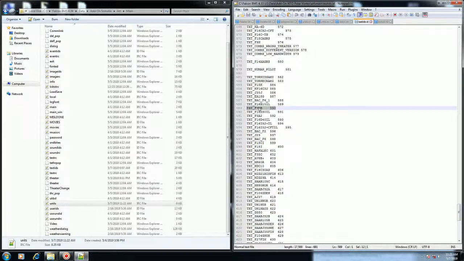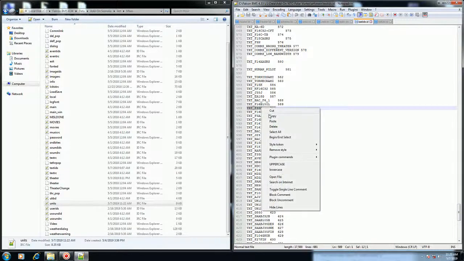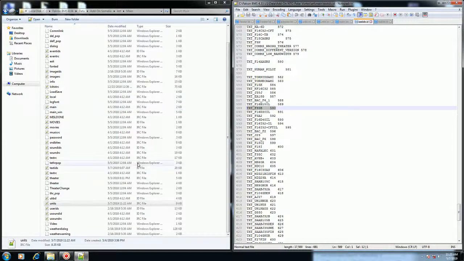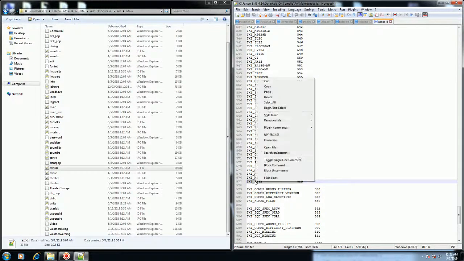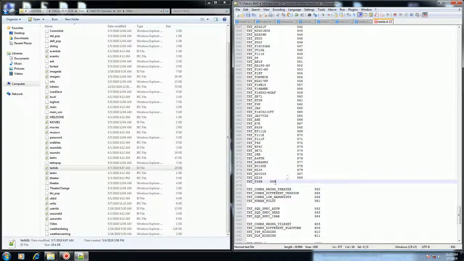F35b is 590. And go to text IDs of Somalia. And you can make it 589 or leave it as 590, but you'll have spaces there. But 590 is fine